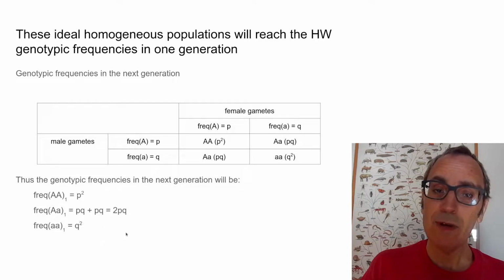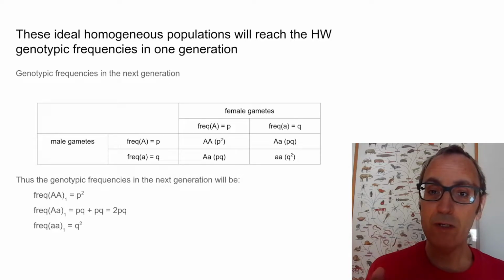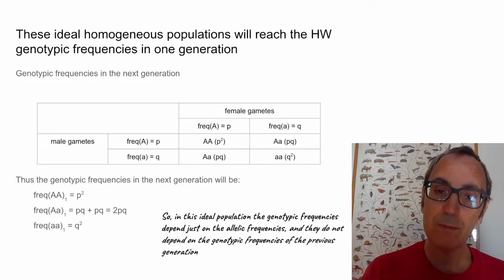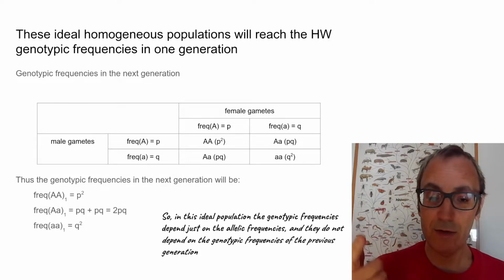These genotypic frequencies depend only on the allelic frequencies of the previous generation. They do not depend on anything else. So given some allelic frequencies, you can calculate the genotypic frequencies. This happens only in these ideal populations in which you have panmixia, no drift, no selection, no mutation, no migration. Okay,